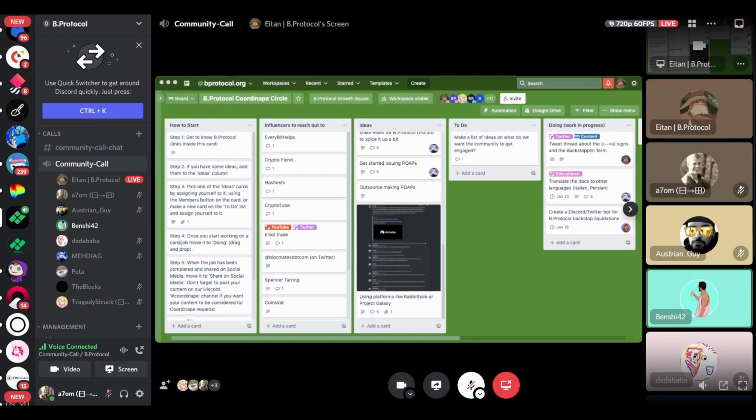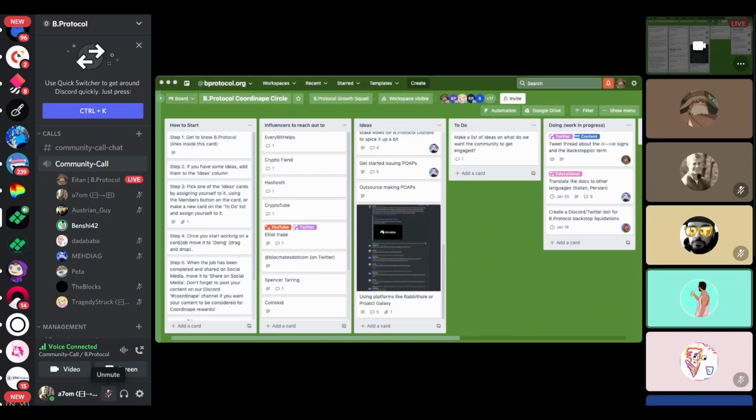We had a good experience working together with Creator DAO, and they had a similar Trello board to manage different tasks on promoting B.Protocol during the month that we worked with them, and we kind of copy pasted that here for our community to use.